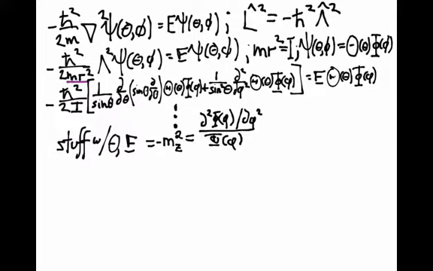And those have to be equal to each other, and by the argument we gave last time, when you have a function of one variable equal to a function of another completely independent variable, the only way that can be true is if they're both equal to a common number, the common value,